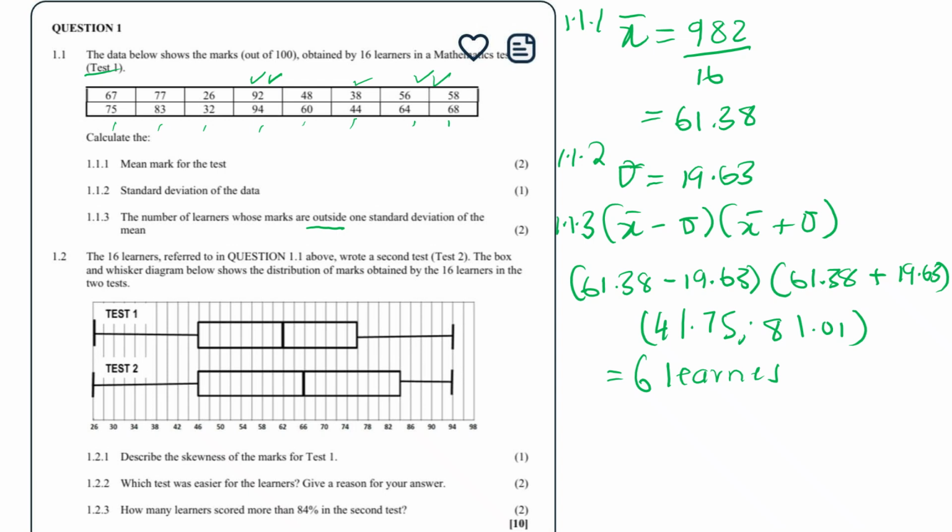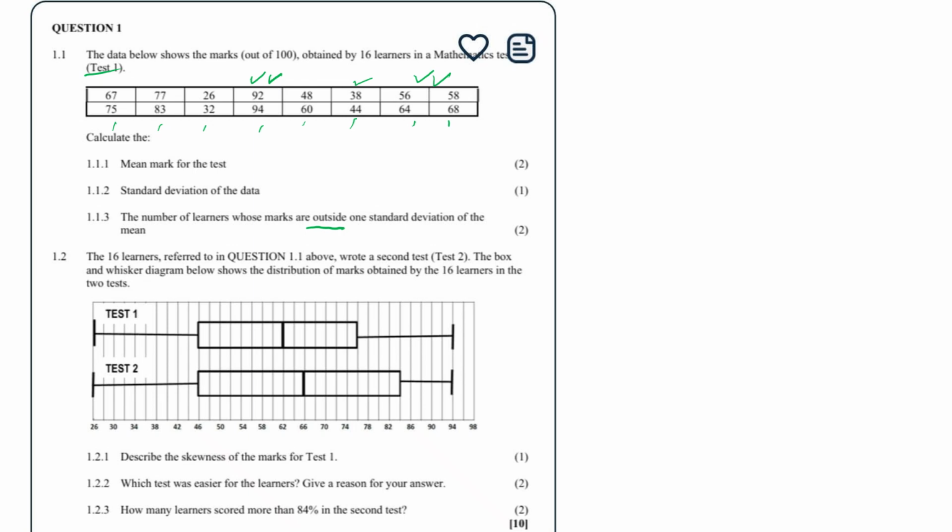1.2. So the 16 learners referred in question 1.1 above wrote a second test, which is test 2, right? The box and whisker diagram below shows the distribution of marks obtained by the 16 learners in 2 tests. Therefore, now